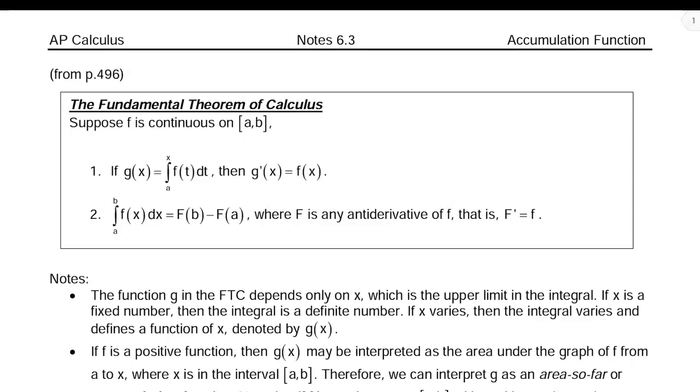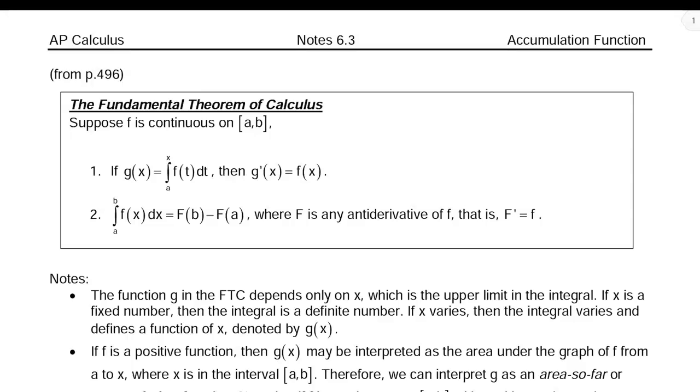The notes for section 6.3 give us an opportunity to look at the fundamental theorem of calculus in another way. We're going to continue our thinking about area under the curve, and now we're going to think about it as we move from left to right on a graph and how that area accumulates as you move from left to right. Also, with respect to the fundamental theorem of calculus, we could look at that formula in part 2 as